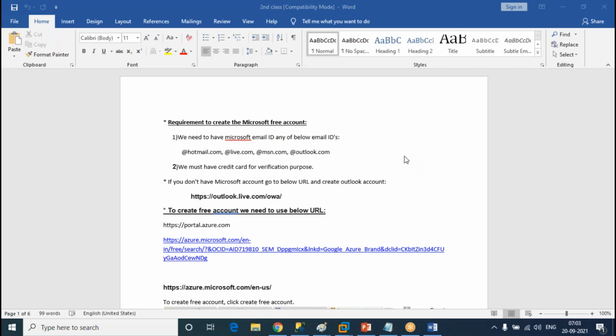Right. So if we wanted to create this Microsoft Azure free account, we need to have one of the accounts